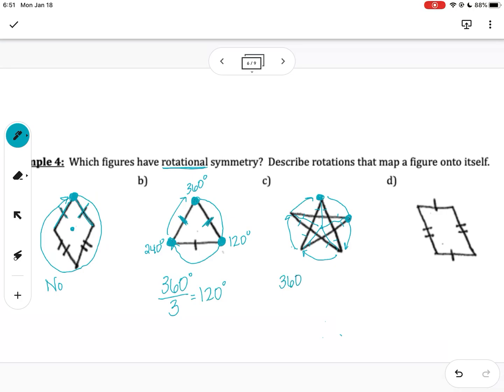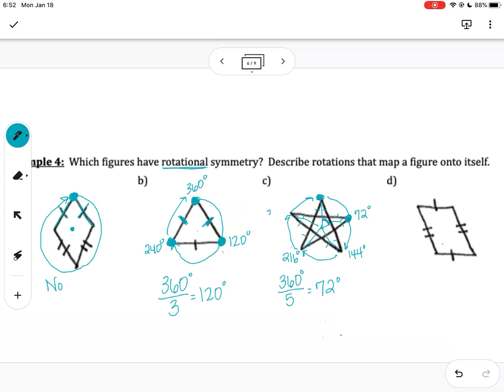So to figure out the degree of rotation, I'm going to take the full circle and divide it by the number of points that match up. So 360 divided by 5. Whenever I divide that, I get 72 degrees. So that means that each of these points are 72 degrees away from each other. So this interior angle here is going to be 72 degrees, each one of those. So I can find the measure of each of those points by counting up by 72. So the first point would be 72 degrees away, and then 144, and then 216,